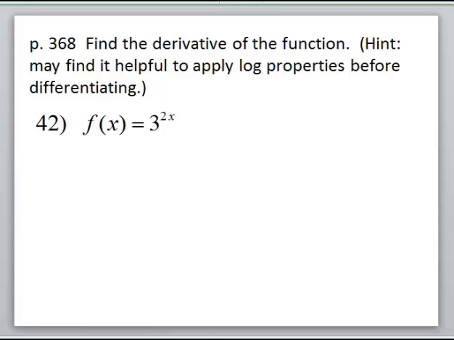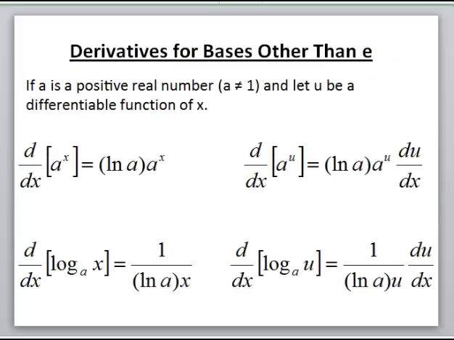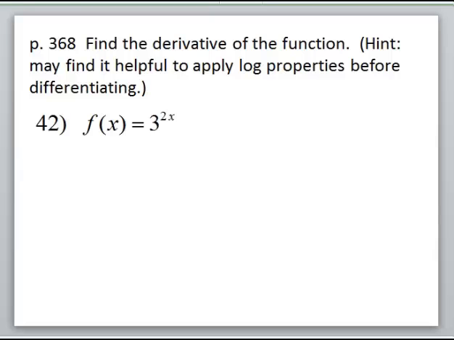On the next problem, we are going to find the derivative, and so we need to look back at our notes as far as how to take a derivative on this. The derivative of an exponential part is just a to the x, the exponential part, and then you have the ln of a, and if it's anything other than an x, we have to take the derivative of it. So on this problem, we do have something other than an x, so we'll have to take the derivative of that part. So the derivative of this is equal to the ln of the a, the ln of the base,